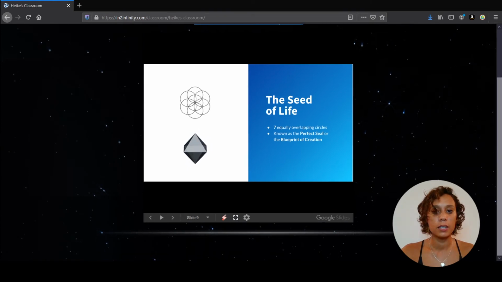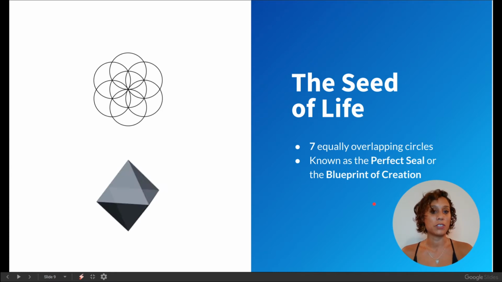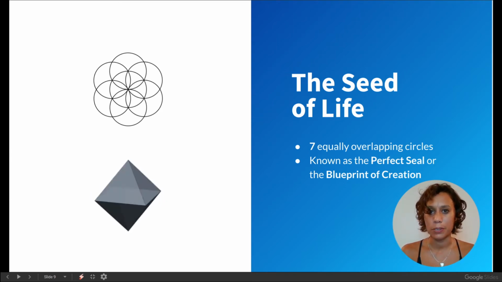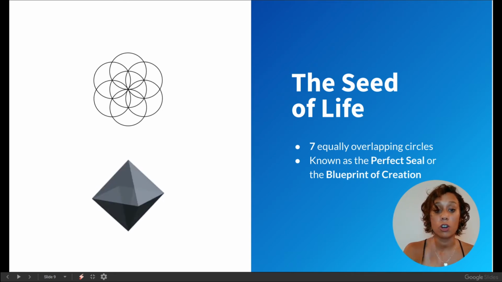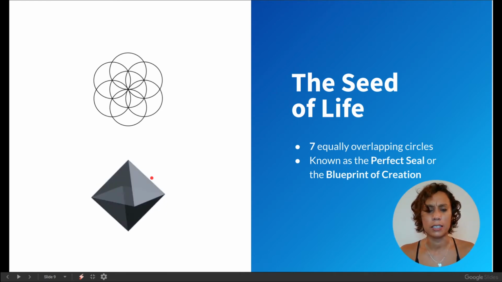actually it's two other shapes, which is the seed of life and the octahedron as a third part, because we talked about the sphere or we talked about the cube, but there are other shapes because we said there are 5 platonic solids and all of these 5 platonic solids fit inside the sphere, but we're just going to talk about 3 today, and this is the last one, which is the octahedron, which is this shape you see down here. It's like a pyramid and another pyramid on the bottom, like a crystal in a sense.